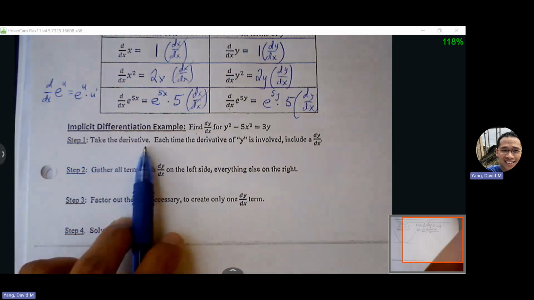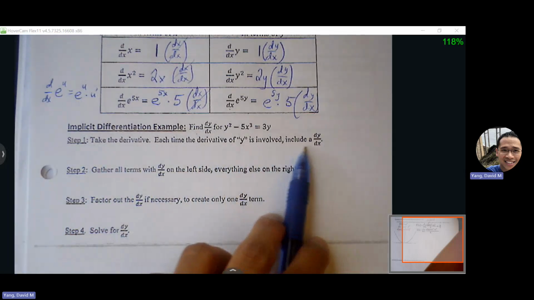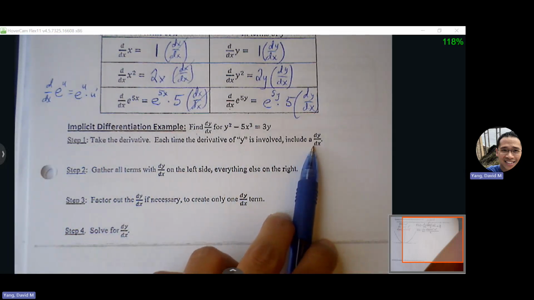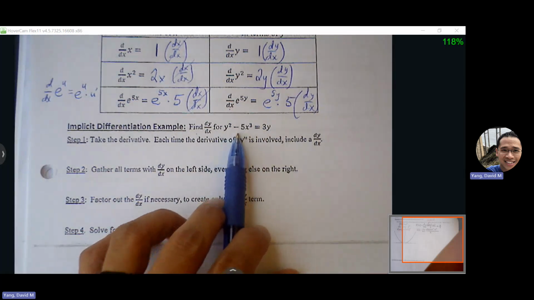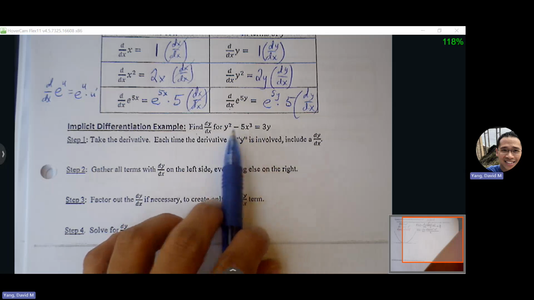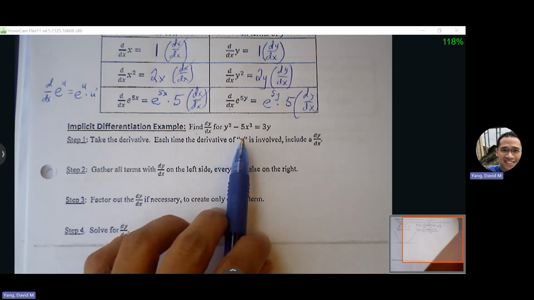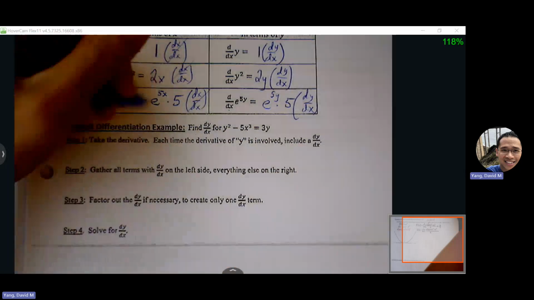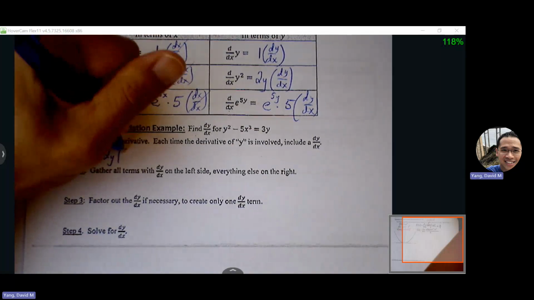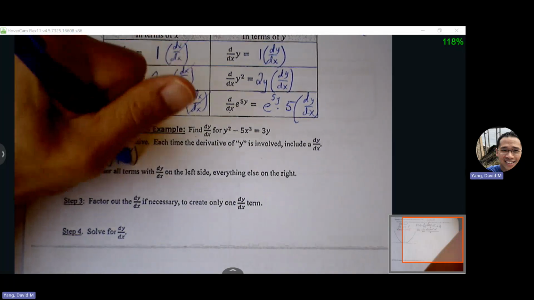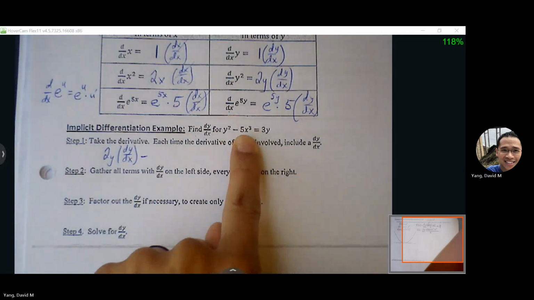So step one, take the derivative. Each time the derivative of y is involved, include a dy dx after you find the derivative of that variable. So let's just go down the line here. Okay, every one of these are separated. We can just rely on power rule for each. There's no need for product, quotient, or chain. Okay, y squared becomes 2y. Good, 2y dy dx minus